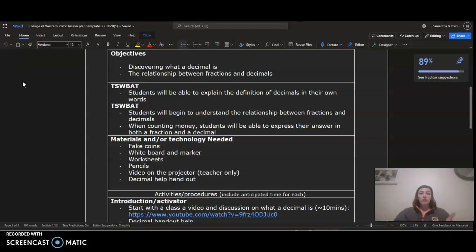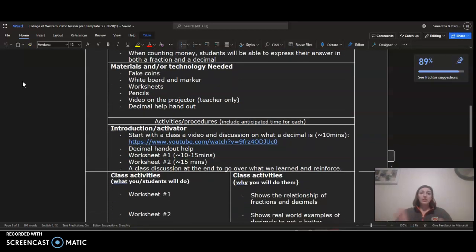So the students will be able to explain the definitions of decimals in their own words, will begin to understand the relationship, and when counting money, students will be able to express their answer in both fraction and decimals. The technology needed is really just some fake coins for the hands-on learners, some whiteboard and markers. I have two worksheets I'm going to show you, some pencils, a video, and